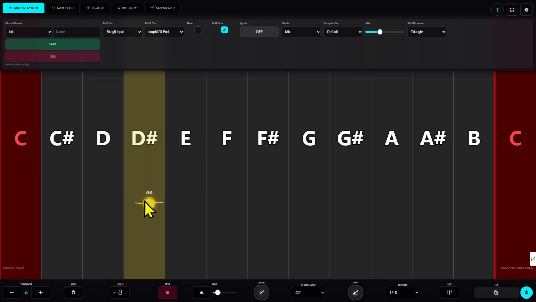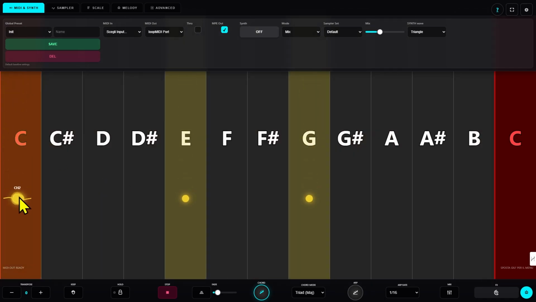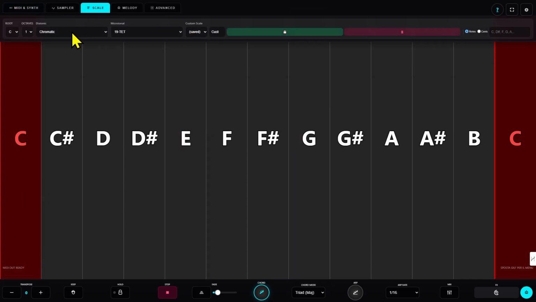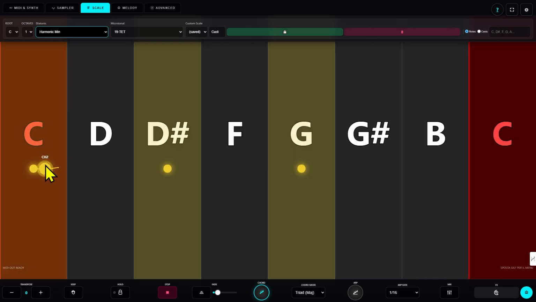MIDI controller. If you want to use Jenka as a MIDI controller for a DAW, simply select your hardware or virtual port in MIDI out and enable MPE out if your target synth supports per note expression. With internal synth off, the app becomes a pure controller, sending notes, pitch, pressure, and timbre to your DAW instrument. Use scale to snap incoming gestures to the key of your session and adjust pitch bend range and curve and smoothing, so the expressive data feels right in your DAW.